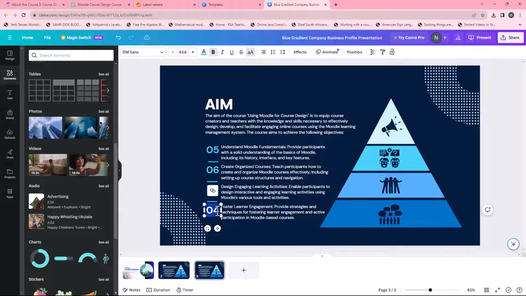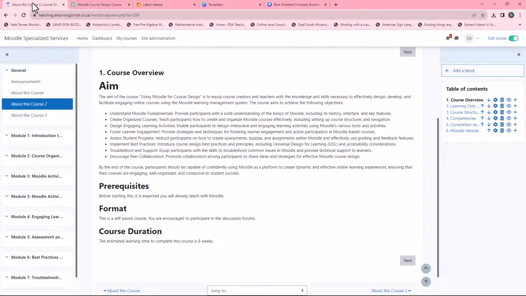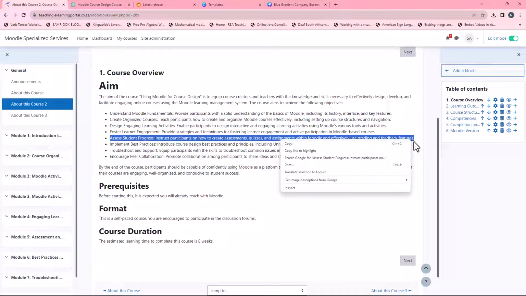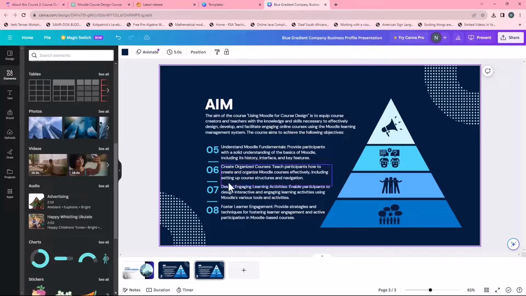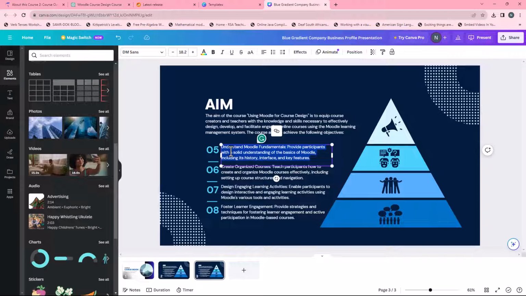And 8. Okay. And now we can copy and paste from 1, 2, 3, 4. That's 5. I'll copy that. I'll paste it in here. Remember, we've removed the bullet, and then we made this